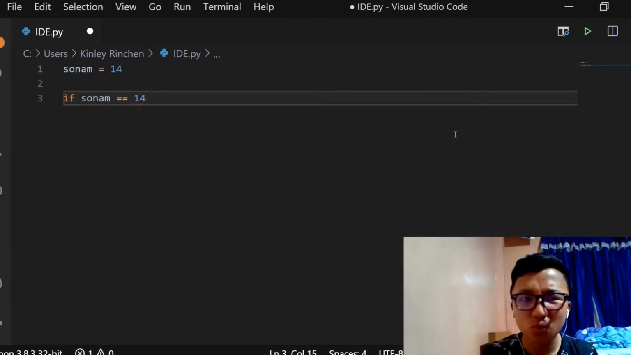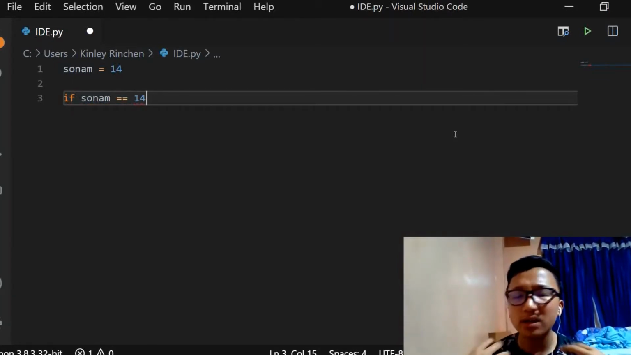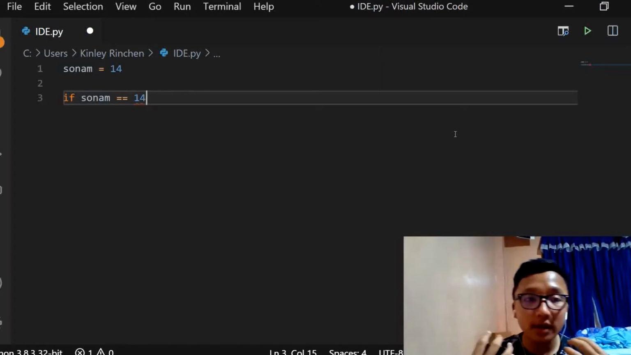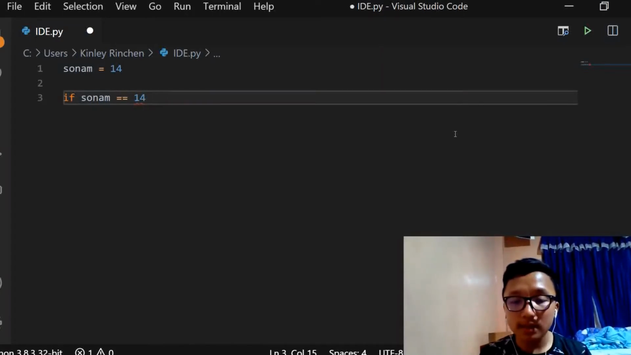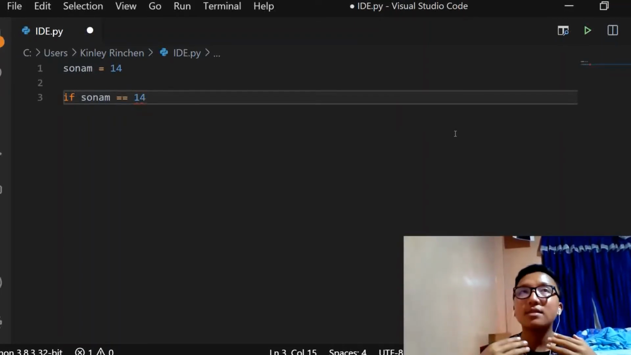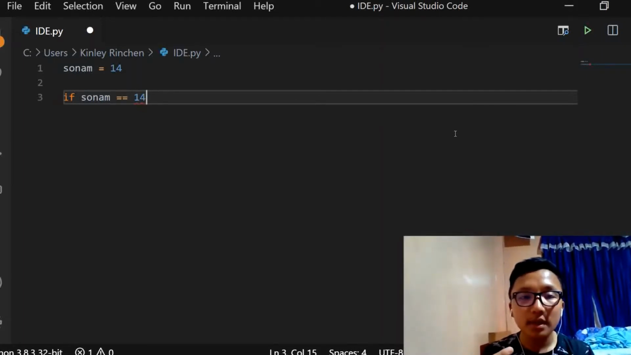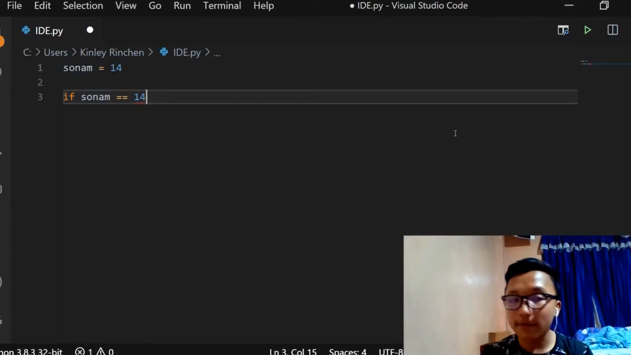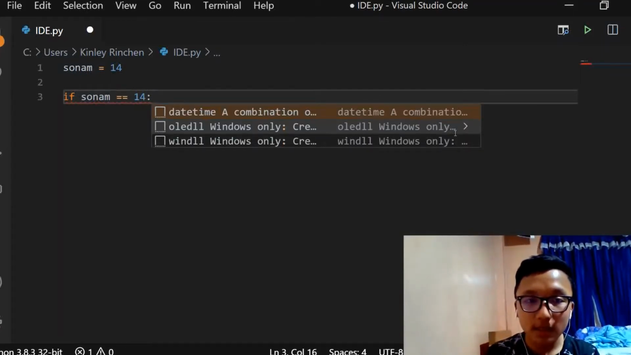Now you must be wondering what that equals sign means and why I used it. The equals sign is used while giving out a condition. So, if sonum is 14, is sonum equal to 14? That's when you use it. It's like a condition, but it doesn't complete by itself, so you use it with the if function. So if sonum is 14,